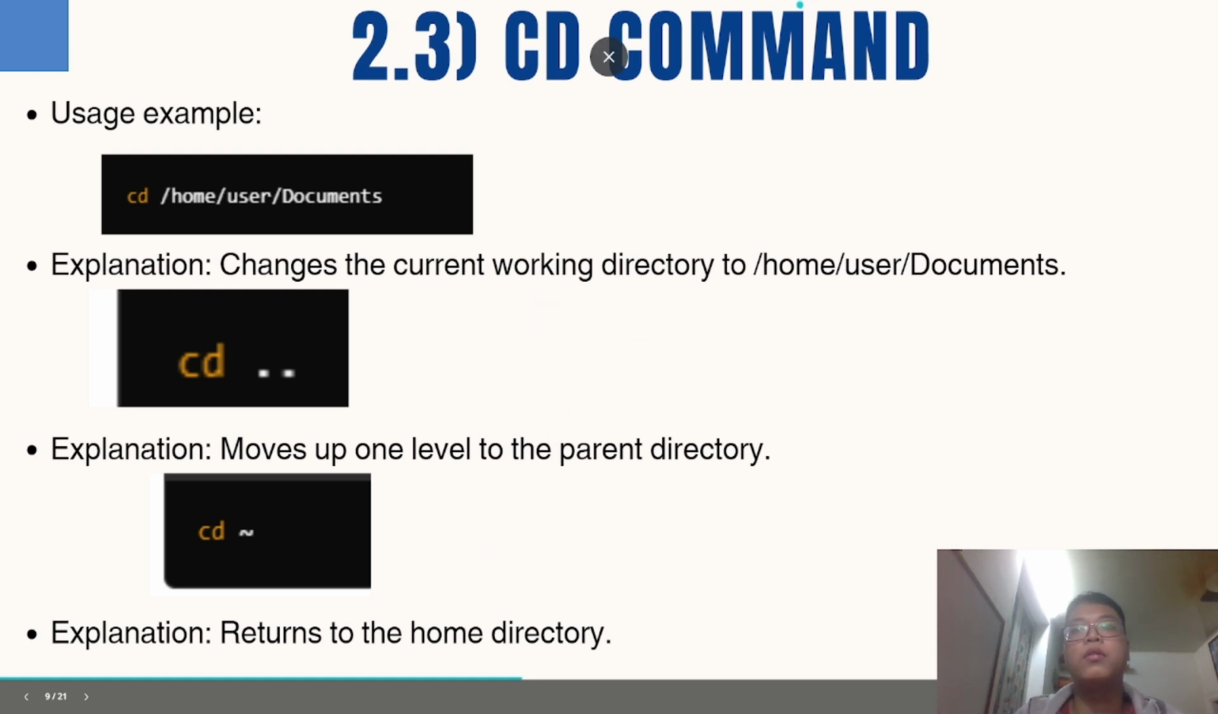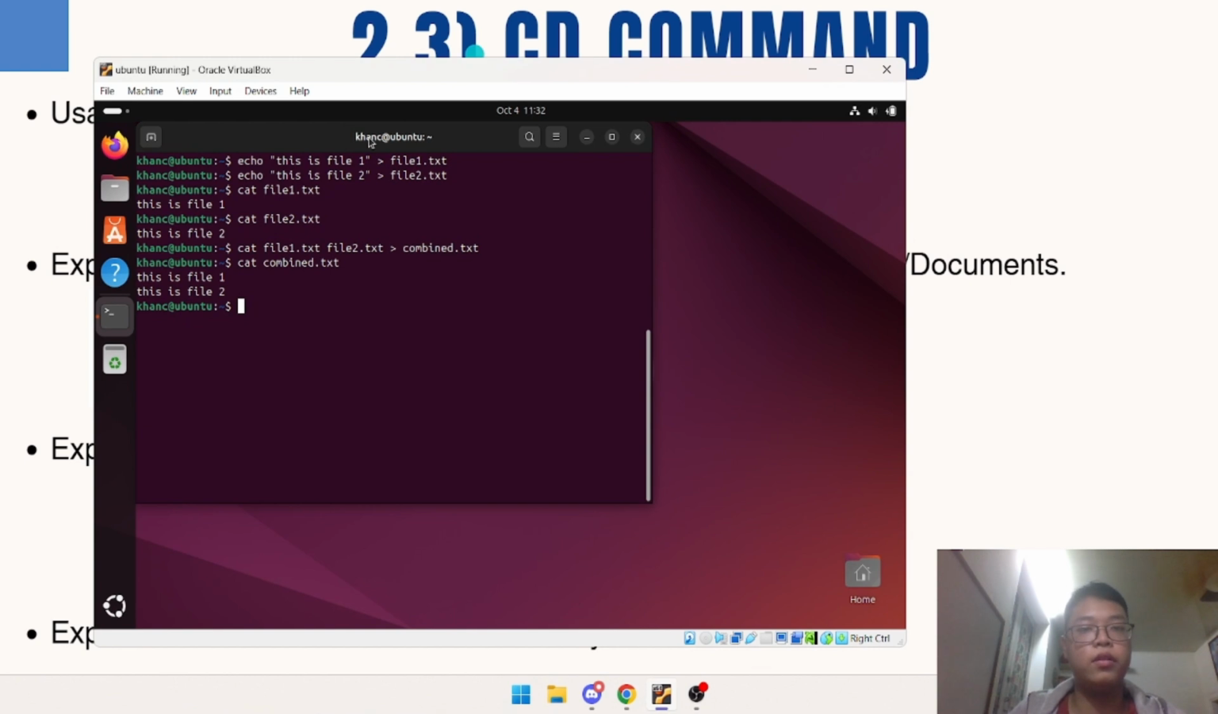Let's see the demo. Okay. Let's navigate to a directory like this, and cd demo directory. So you can see